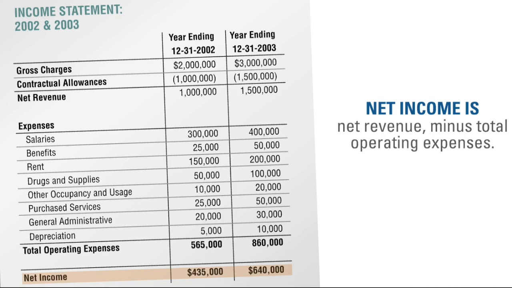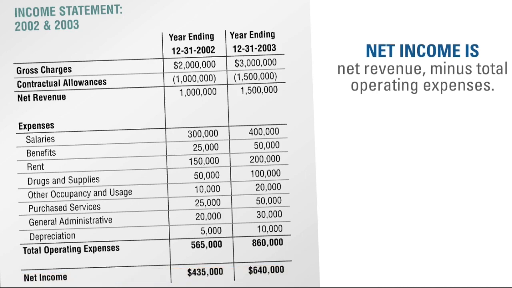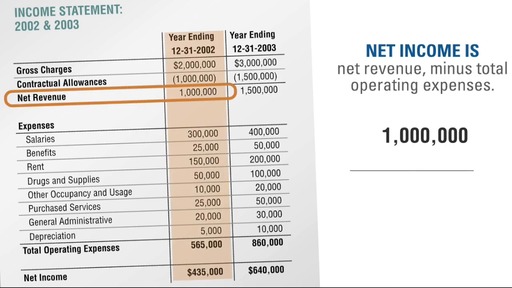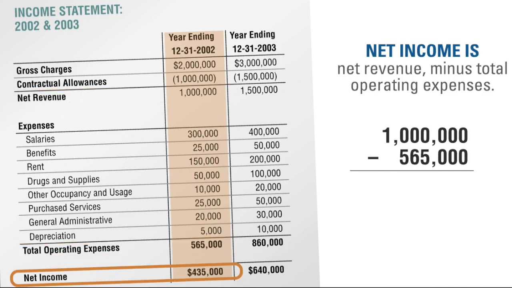Net income is the difference between net revenue and total operating expenses. In this example, for the year 2002, the group's net revenue was $1 million and its total operating expenses were $565,000. This means that the group's net income is equal to $435,000. As you're evaluating the financial condition of a practice, net income is important because it generally reflects the amount available